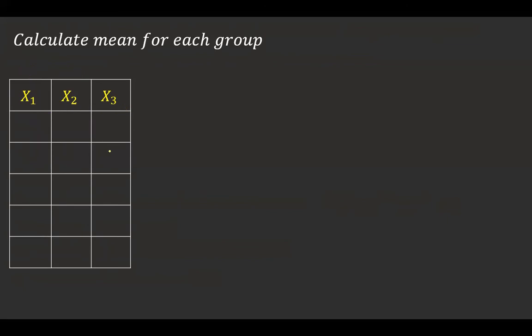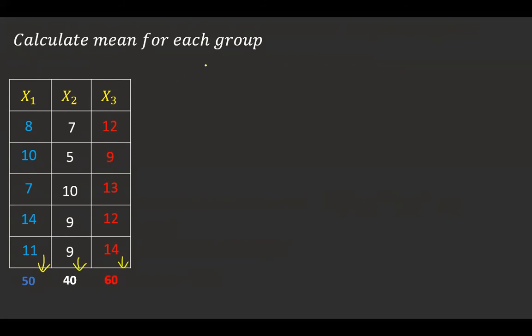Now I'm going to write the numbers which were given in the example here. Note down, I have given 3 colors here. Blue color gives the group 1, white color gives you the group 2, red color gives you x3. Okay, so for clarity we can understand. Now we are going to calculate the mean. In order to calculate the mean, I have to find out the total for the first column. I have totaled it. Total for the second column, I have totaled it. Total for the third column, I have totaled it.